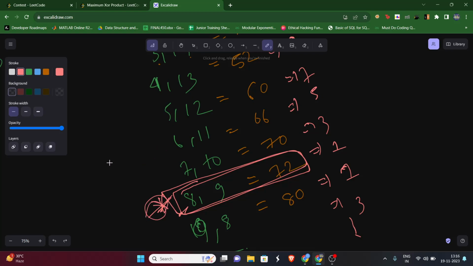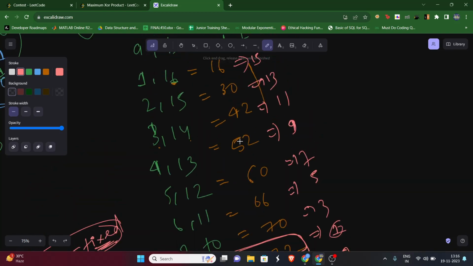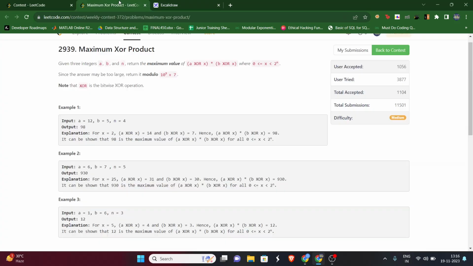So if we have two numbers such that the sum is fixed, and we can choose any a and any b such that the sum is fixed, then the maximum possible product will be in the case when a and b are as close to each other as possible. Here you can see the difference is only 1, so a and b are closest to each other. So coming back to the question,